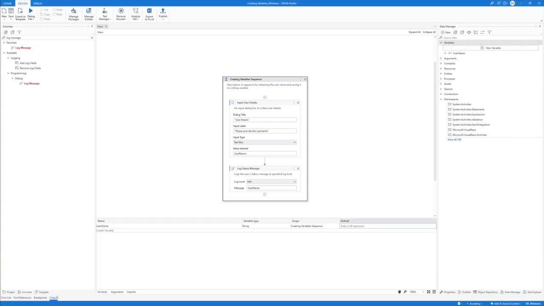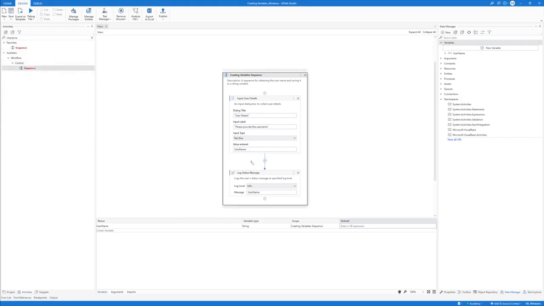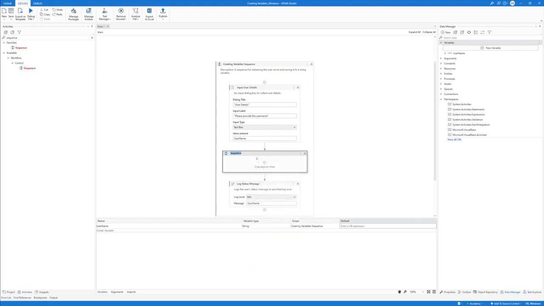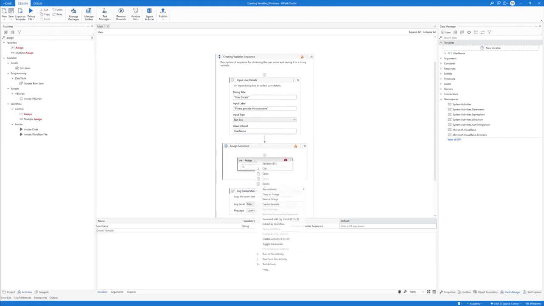Next, we'll have a look at using the Ctrl+K method to create variables, using the assign activity, how variable scopes work, and concatenating strings. For this demonstration, let's create a new sequence inside of our sequence and call it assign sequence. Now, let's add an assign activity to the new sequence. Rename it to assign username status